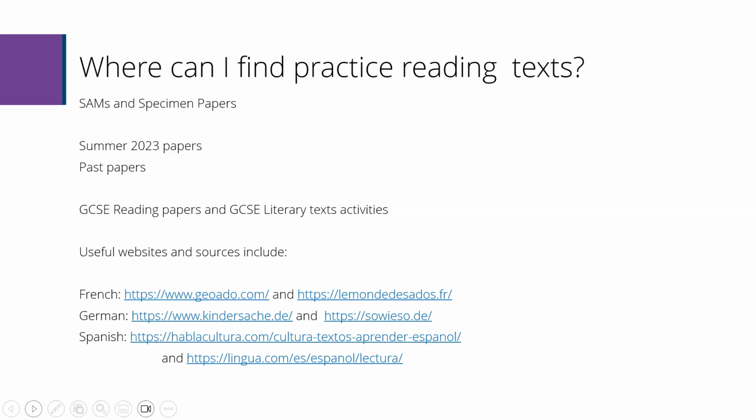It's also worth remembering that the GCSE in England is changing, so it's a good idea to grab those things and download them while they're there, because they may disappear from the website in the next 18 months or so as the new English GCSE steps in. So just grab those things. And there's also within the PowerPoint presentation a list of, well, we think some useful sources that you might like to have a look at for French, Spanish, and German, to find some useful and helpful reading texts.